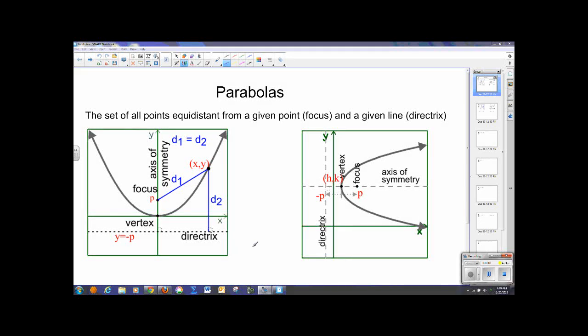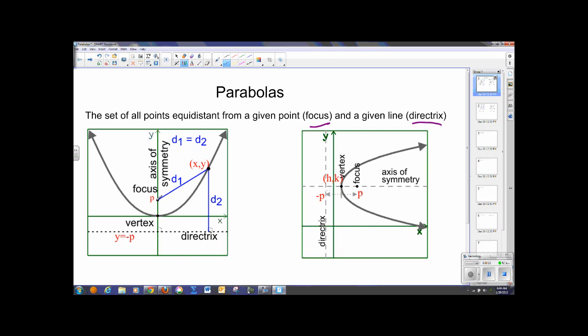Today we're going to move into a discussion of parabolas. The definition of those parabolas is as follows: the set of all points equidistant from a given point, which we call the focus, and a given line, which we call a directrix. Now you can see I've got two parabolas drawn right here, and that distance that we're talking about is